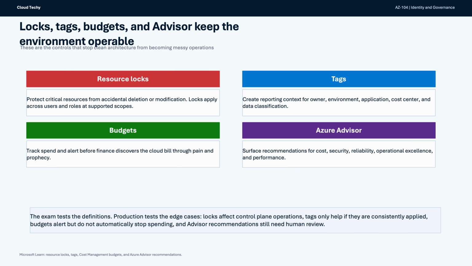After identity, RBAC, hierarchy, and policy, we still need the operational layer. And this is where locks, tags, budgets, and, of course, Advisor come in. Resource locks are there to prevent accidental deletion or modification of critical resources. Microsoft Learn is very clear that locks are different from RBAC because a lock applies a restriction across users and roles. So even if someone has an Owner role,